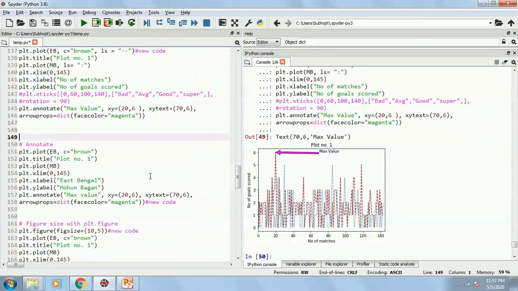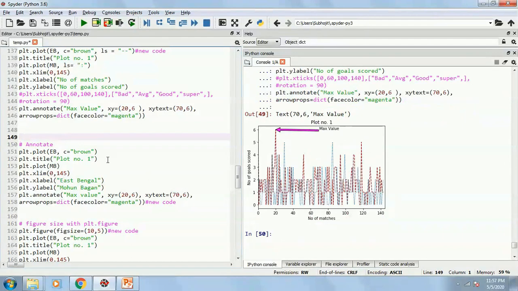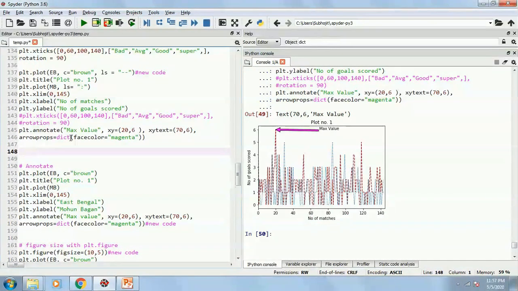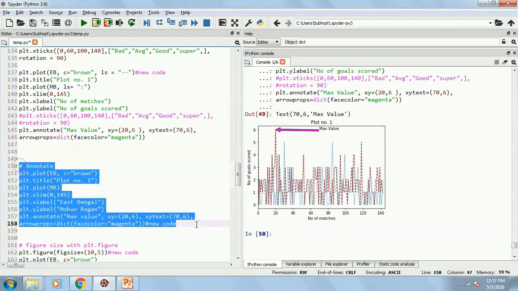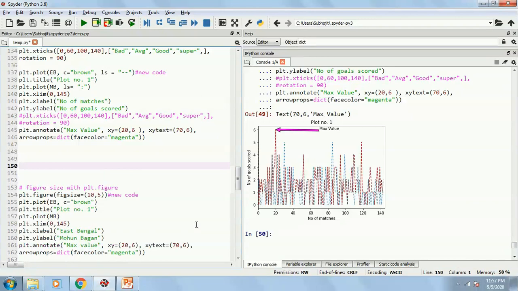Okay, now if I want to change the figure size, I can do that by adding one statement, like over here, let me delete it.